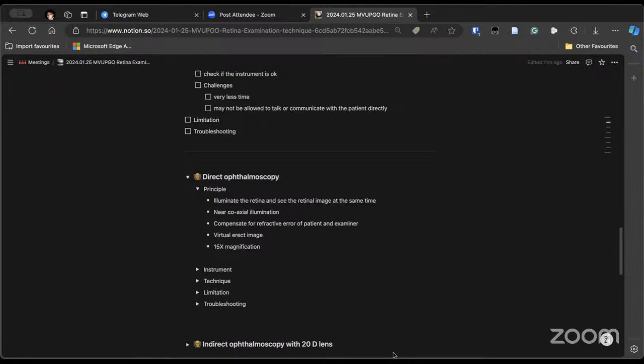If the patient is normal, the reflexes are equal. If there is a dull reflex on one side, then it indicates that there is some media opacity or cataract or something like that. Or if there is an increased reflex on one side, it could be due to a squint. And there might be anisometropia also. It might give you a clue of this.